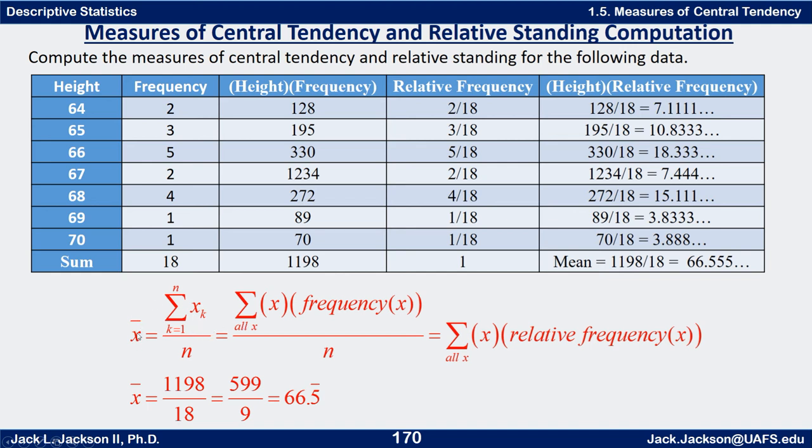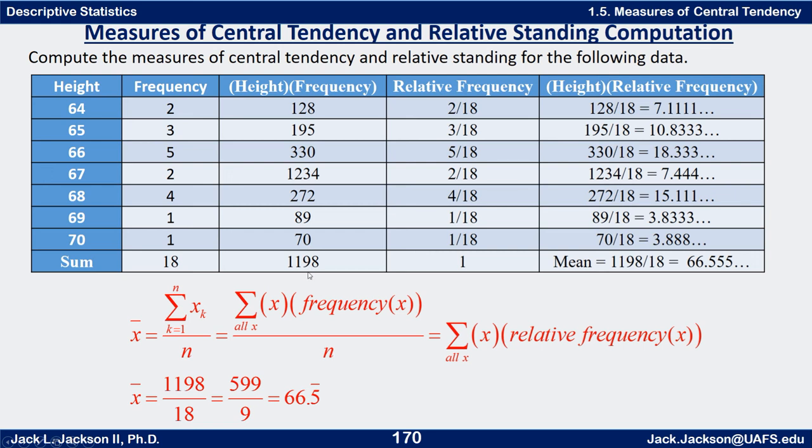So the x bar, by definition, is the sum of the x's divided by n, but if we have a frequency table, if you take each x times its frequency and add those up for all your x's, divide by n, that gets it. Or if we just take the x times the relative frequency and add those up, that gets it as well. So the relative frequencies are taking these